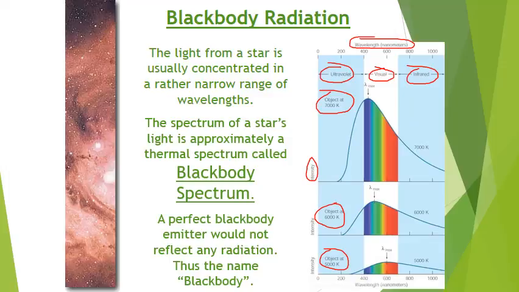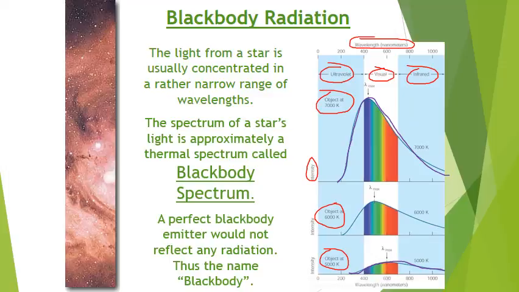But notice that they don't produce equal amounts of all these different types of light. Our hot star, our 7,000 K star, produces a lot of ultraviolet, produces a lot of visible, and produces a lot of infrared, compared to, let's say, the 5,000 Kelvin star. And we see that by just the shape of the curve. This one is much taller, with much greater intensity at all wavelengths compared to the 5,000 Kelvin star, right? So one thing for you to appreciate is that a hotter star is going to produce essentially more intense light at all wavelengths.